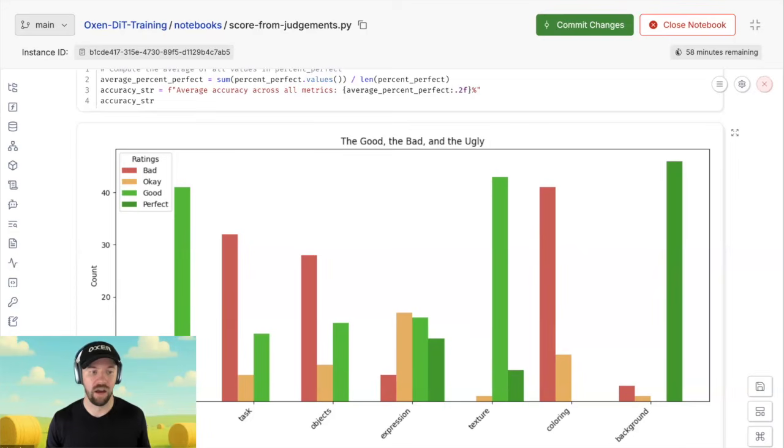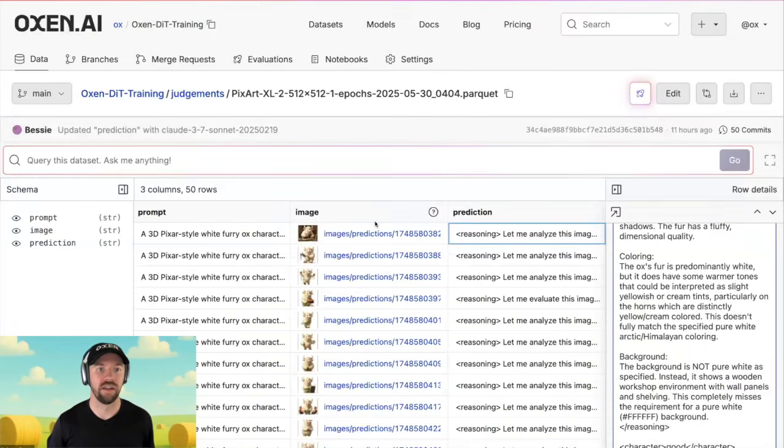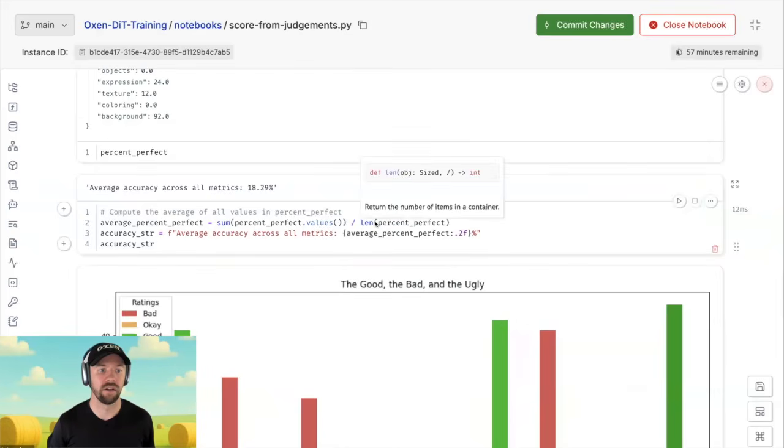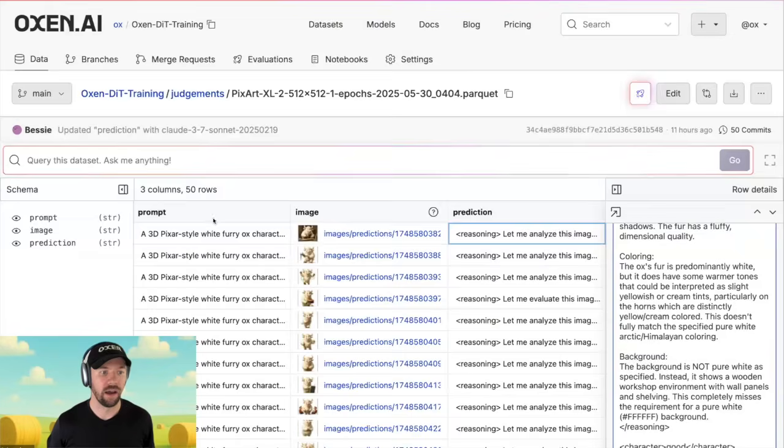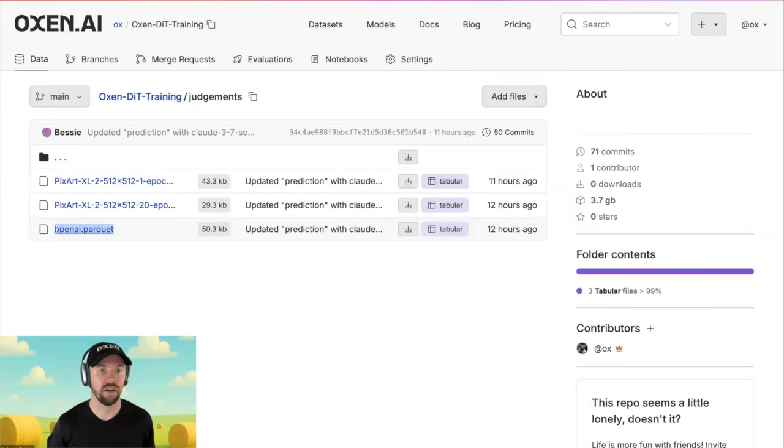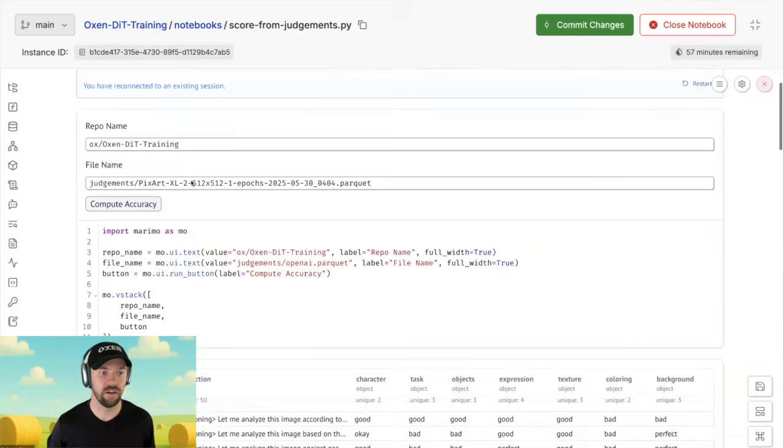dark green. And I think this is a perfect place to start bootstrapping that reinforcement learning, because we can get okay to good pretty consistently. And if we're aiming for perfect, I think over time we can shift these distributions to the right. And if we wanted to see what that looks like compared to OpenAI, which would be our goal or our gold standard,